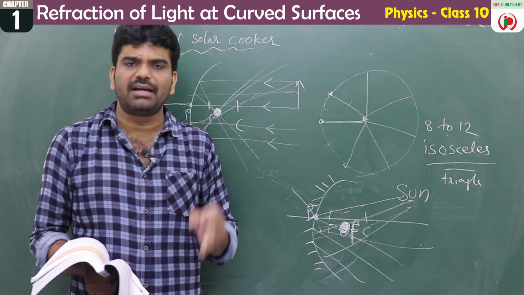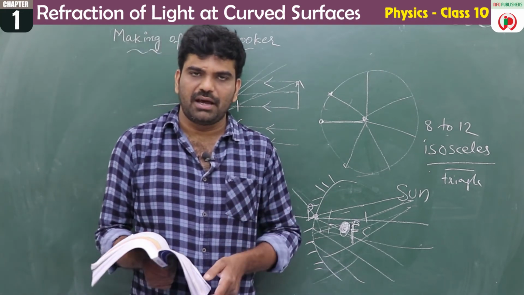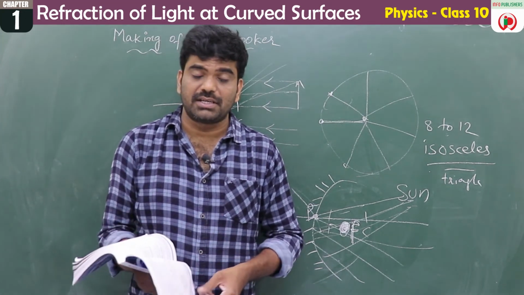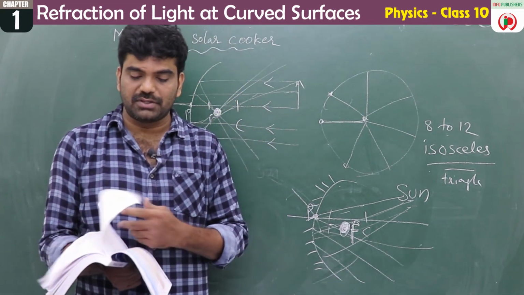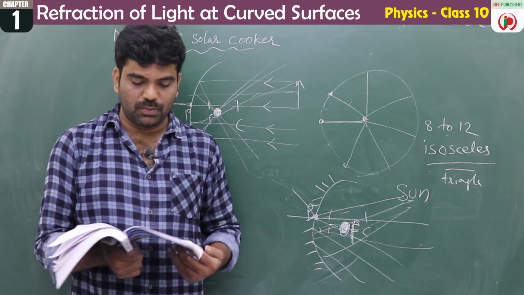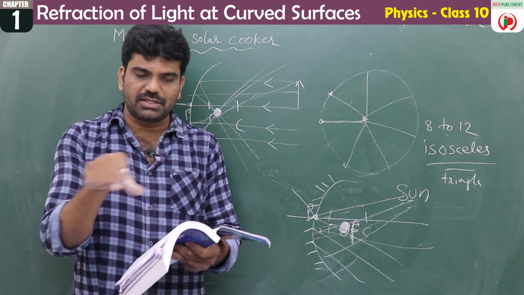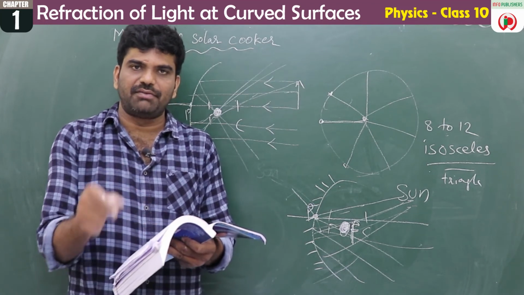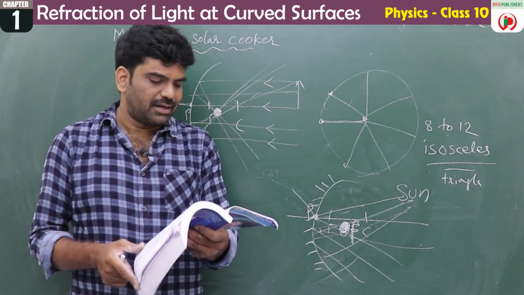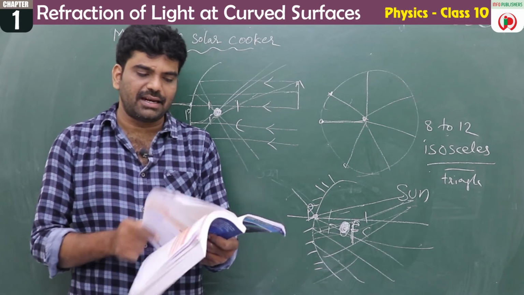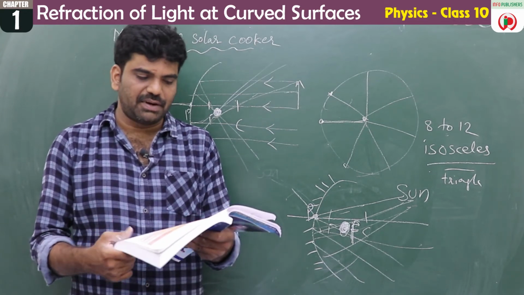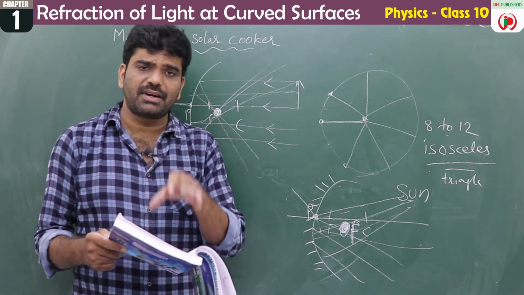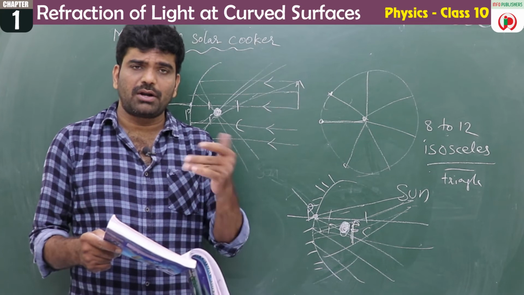So this is the end of chapter number 1, that is, reflection of light at curved surfaces. Children, in this we have left 2 tables, yes or no? Table 1 and table 2. Table 1, you can do with the activity by keeping the candle at different positions, and you can write that. Table 2 is there on page number 17. By keeping the object at different distances from the pole, what about the image?